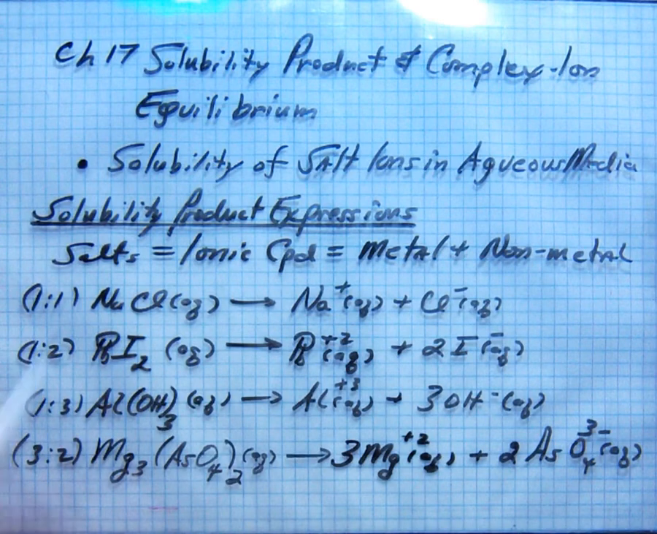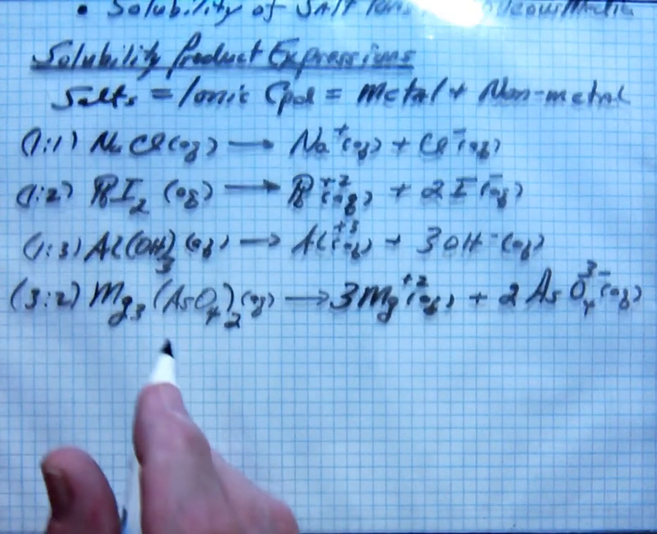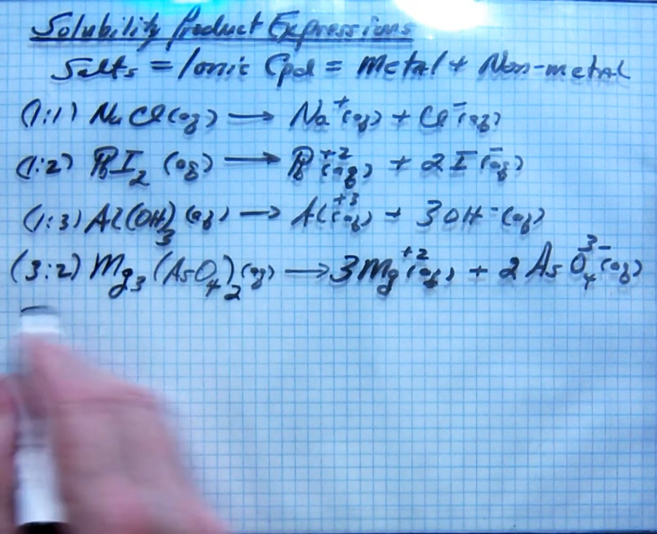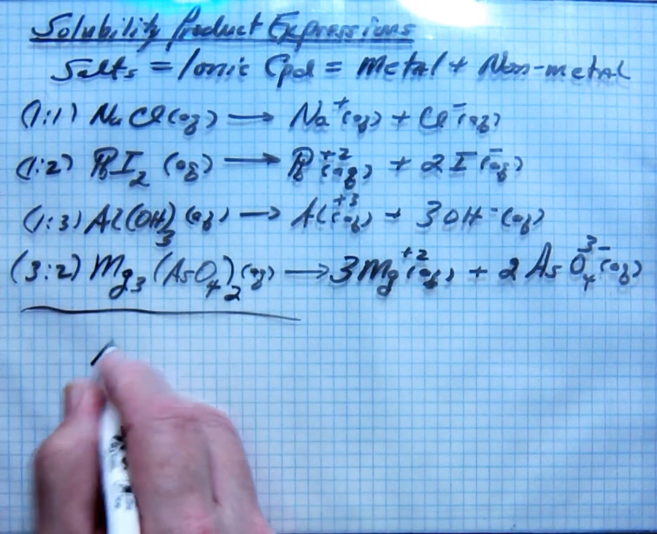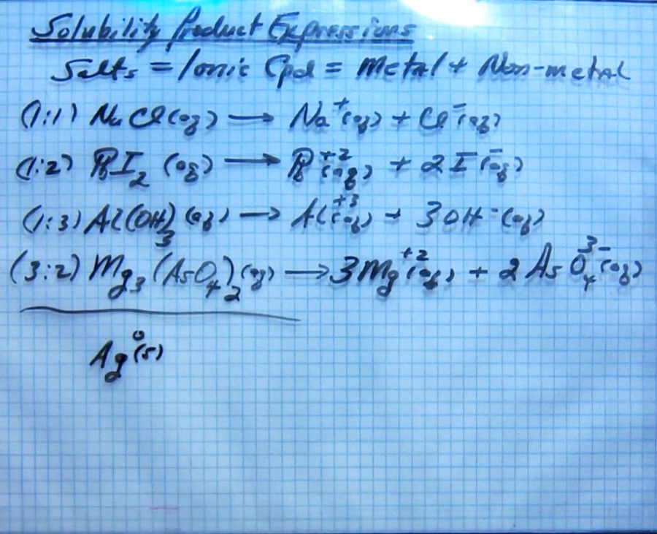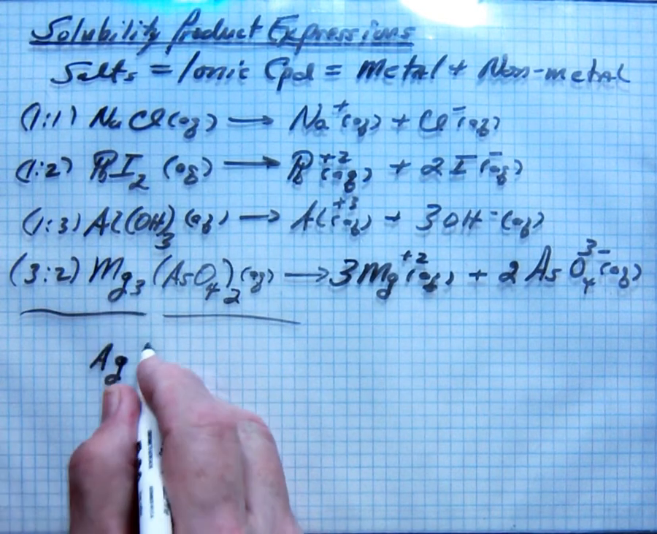Okay, now I'm going to change. Instead of a 1-to-1 from sodium chloride, I'm going to use silver chloride. That is very, very low solubility. So what we're going to do is take some silver chloride, solid, powder, however you want to look at it. Now let's do it from the salt because this is a little too complicated right now. Silver chloride